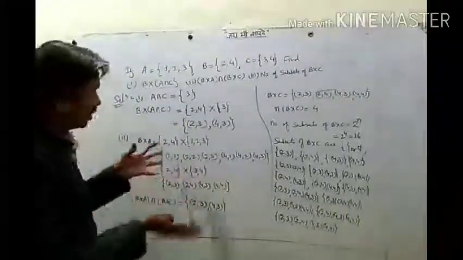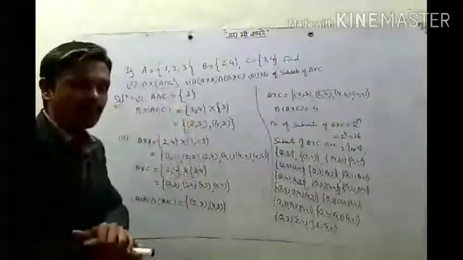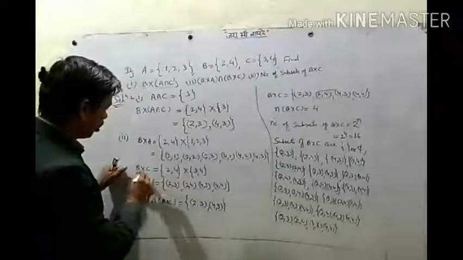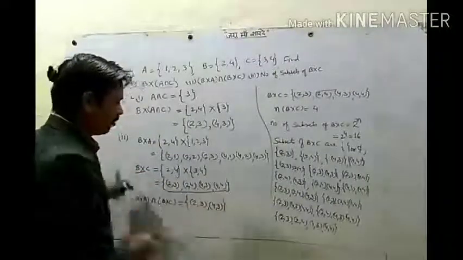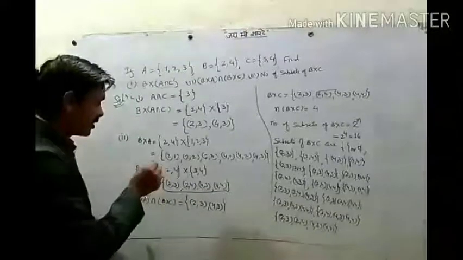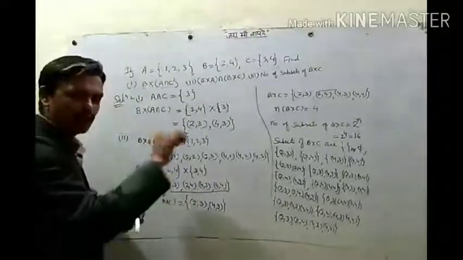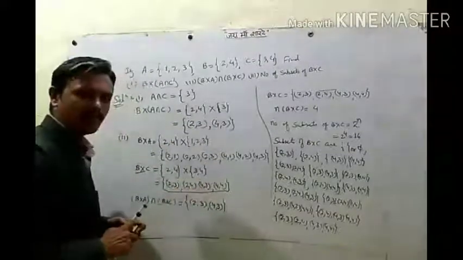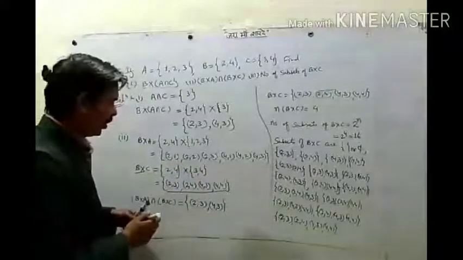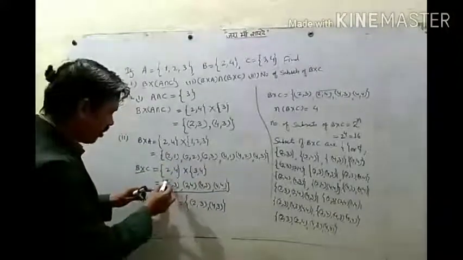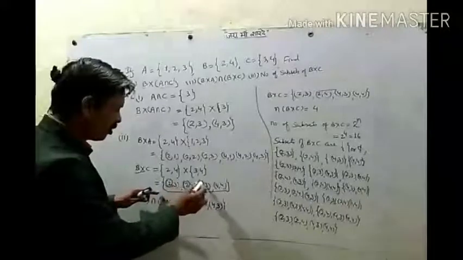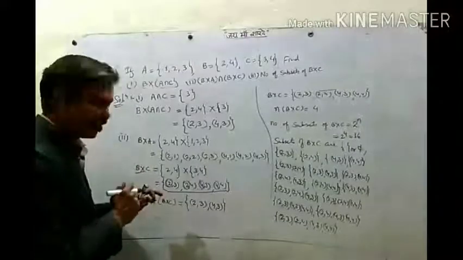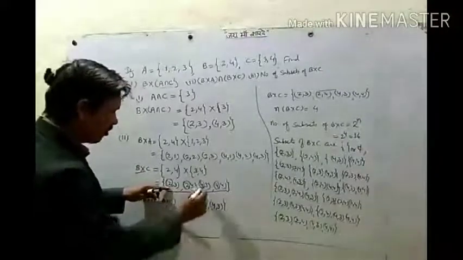We got A cross B, B cross like this. If Cartesian product of two sets is given, then can we find that set? Suppose here, if B cross C is given this set. What is set B and C? So when B cross C is given or A cross B is given, first set of first elements of ordered pairs we can form. Okay, set of first elements. So if you get first elements 2, 2, 4 and 4. Okay, but one element can be only once. So we take only 1, 2, 1, 4.